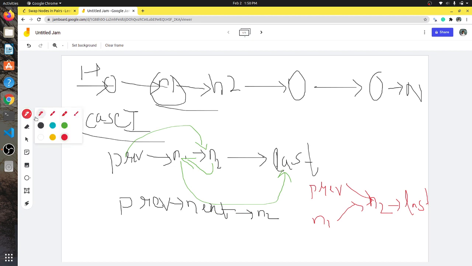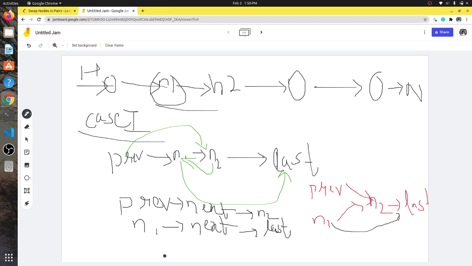And after making another change, we have to make n1 point to last, so we write n1 next equal to last.